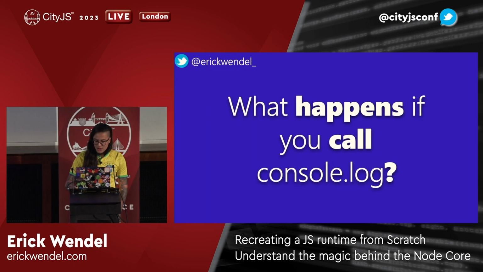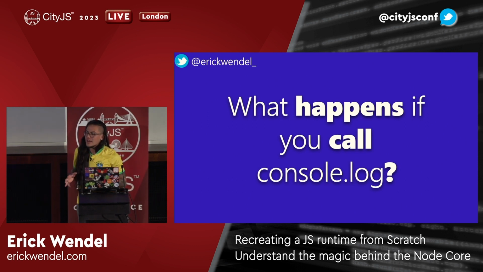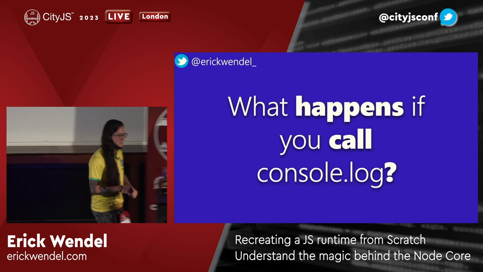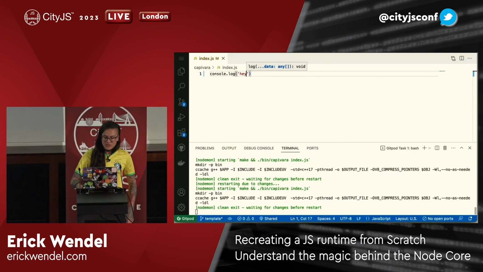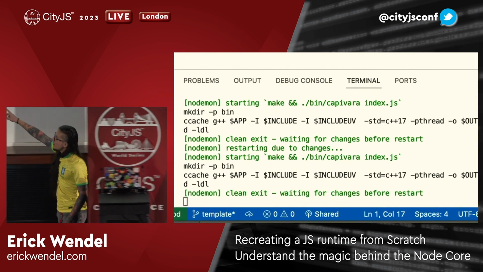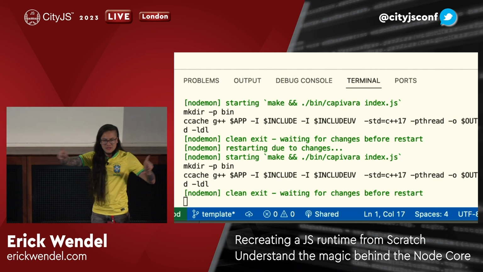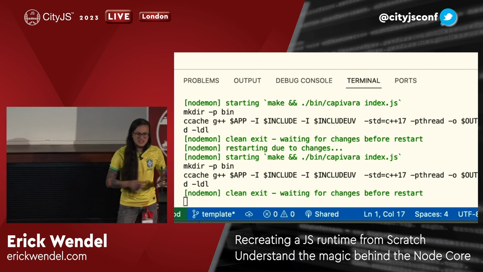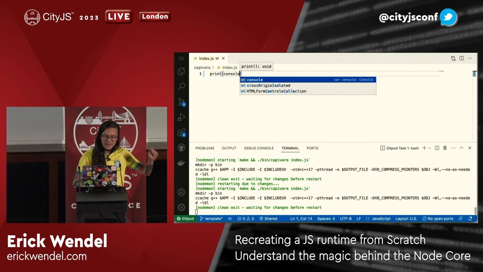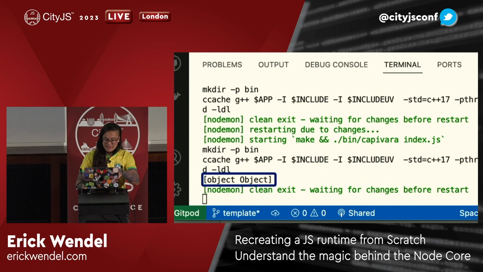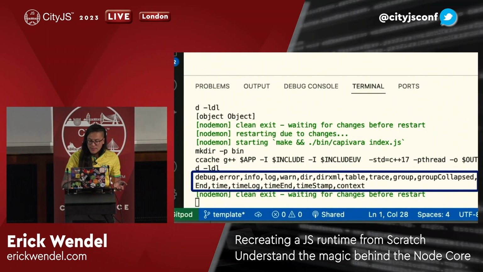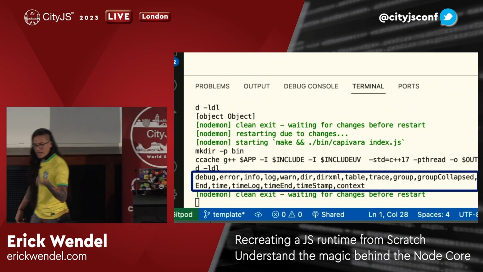Pretty interesting. So what if we call a console.log? This, for me, was mind-blowing. Let's check this in practice. For the console.log, I'm executing here, and see, I don't have anything. It didn't show any error, but I still don't see the console output there. However, if I try using my console on an object, I can see the object there, and if I see the keys, I have the same API that we have on Node.js and in the browser.